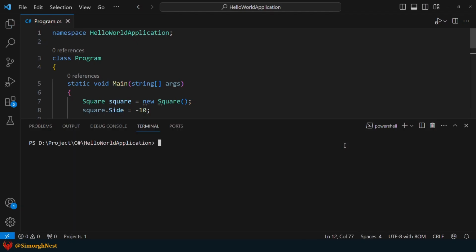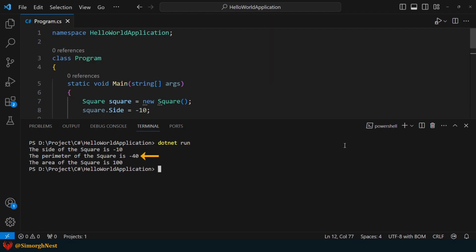Let's run the application to see the result. As you can see, the perimeter of this square is -40.